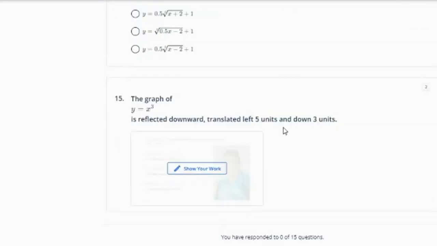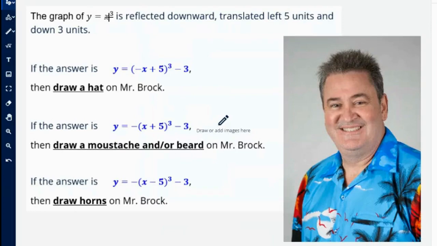Oh, I'll show you the last one because the last one's a little different. It's still multiple choice. Here's the last one. The graph of x to the third is reflected downward, translated left 5 and down 3. If the answer is this first one,